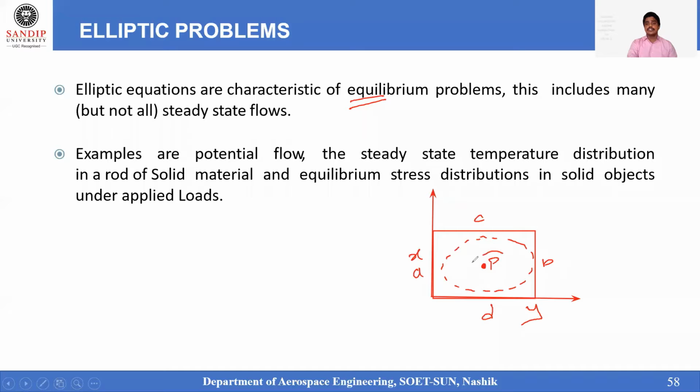Here you can see on screen. The P being influenced has to influence all 4 side lengths. That is how the elliptical flow problems are considered. It has to influence side A, side B, side C and side D. That is the case where we are dealing with the elliptical flow problem, so its influence should be available in all the directions.